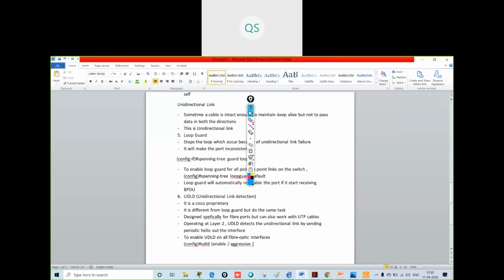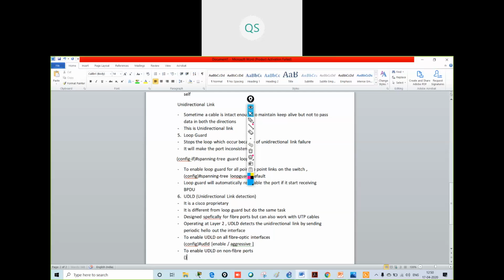Now to enable UDLD on non-fiber ports, what do we have to do?